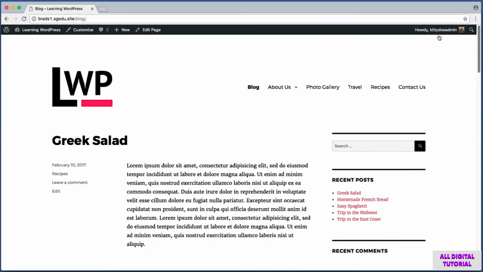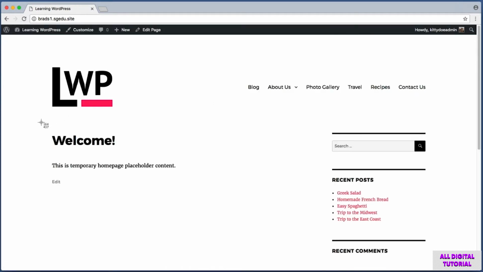Now it's up to you if you actually want to use a blog link in your navigation. For this particular website that I'm working on, I'm not sure that I want this link. I think I'm happy just having a static content home page along with my travel blog category page and my recipes category blog page. So the choice is yours. You do not have to include a generic blog link. But a lot of people will indeed want a blog area, so I wanted to be sure to show you how to set that up.